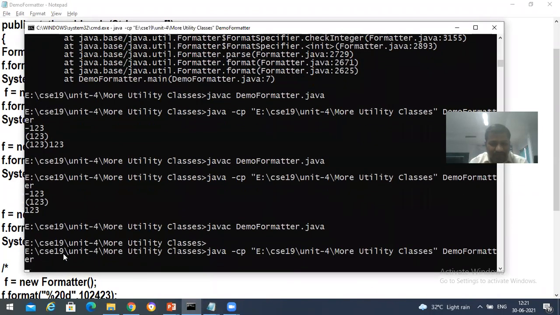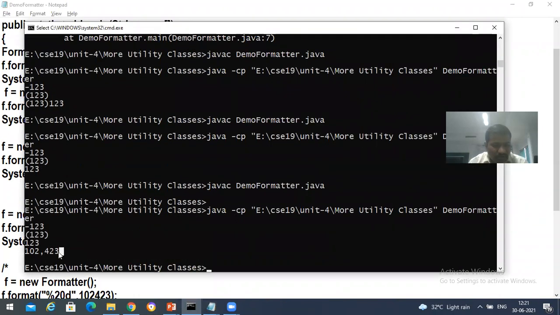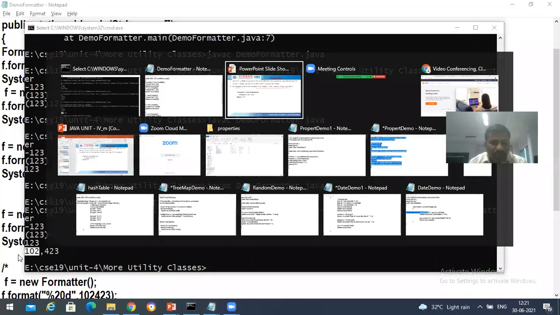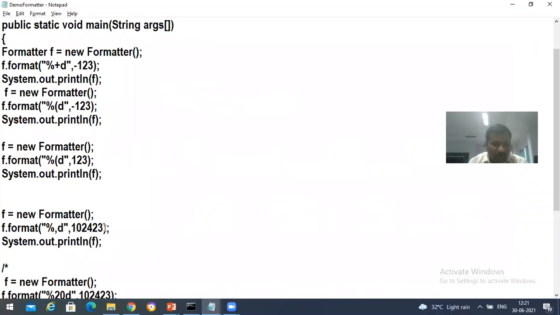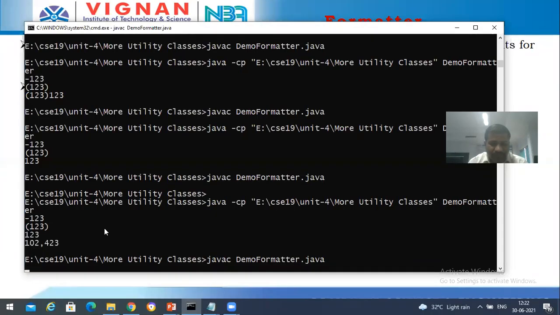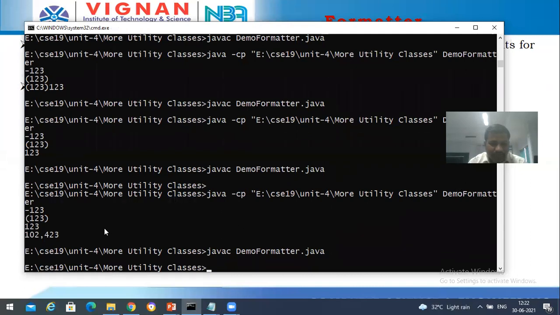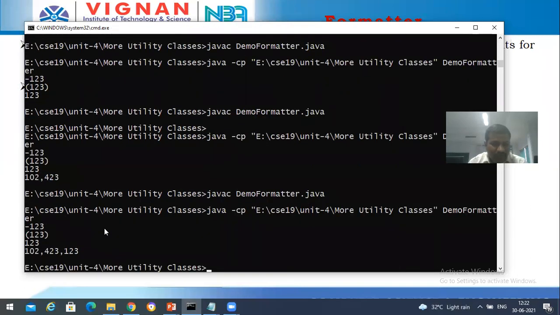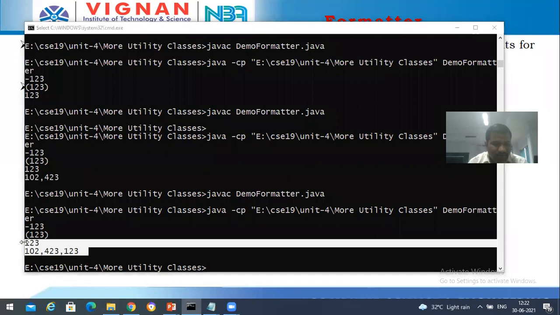See, 423 comma and then 1020. Suppose in the program we try to increase the numbers. Again, three digits are increased, so here you'll be getting a comma, and after that here you'll be getting a comma. Okay, like that it will be.